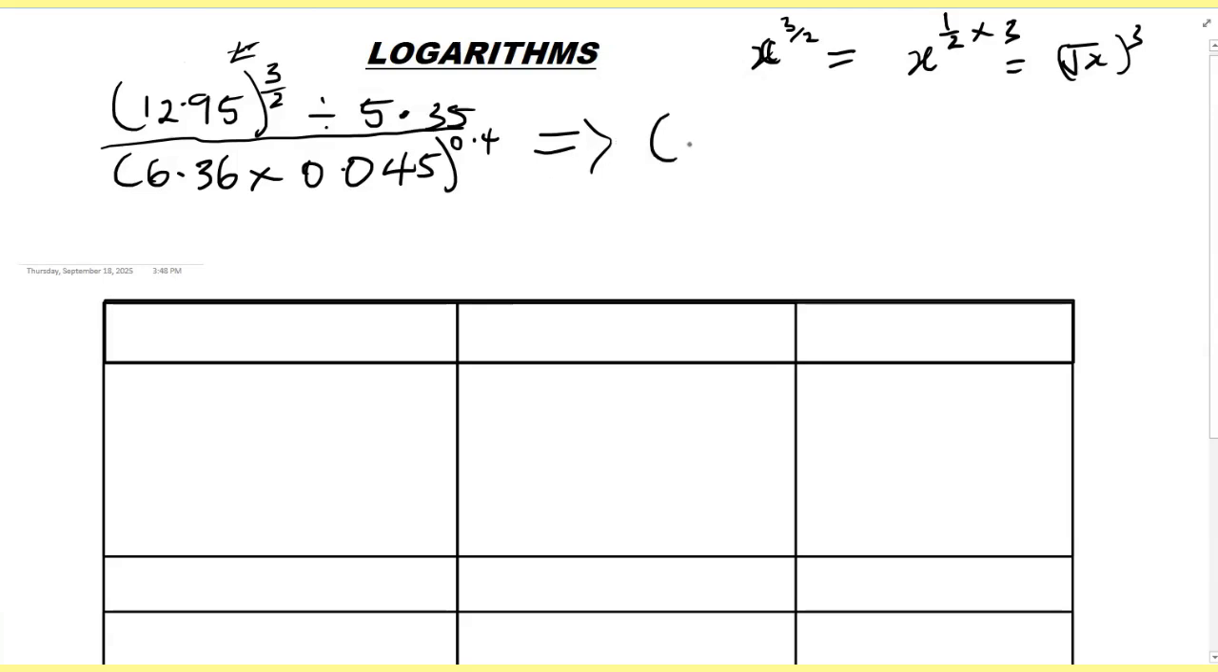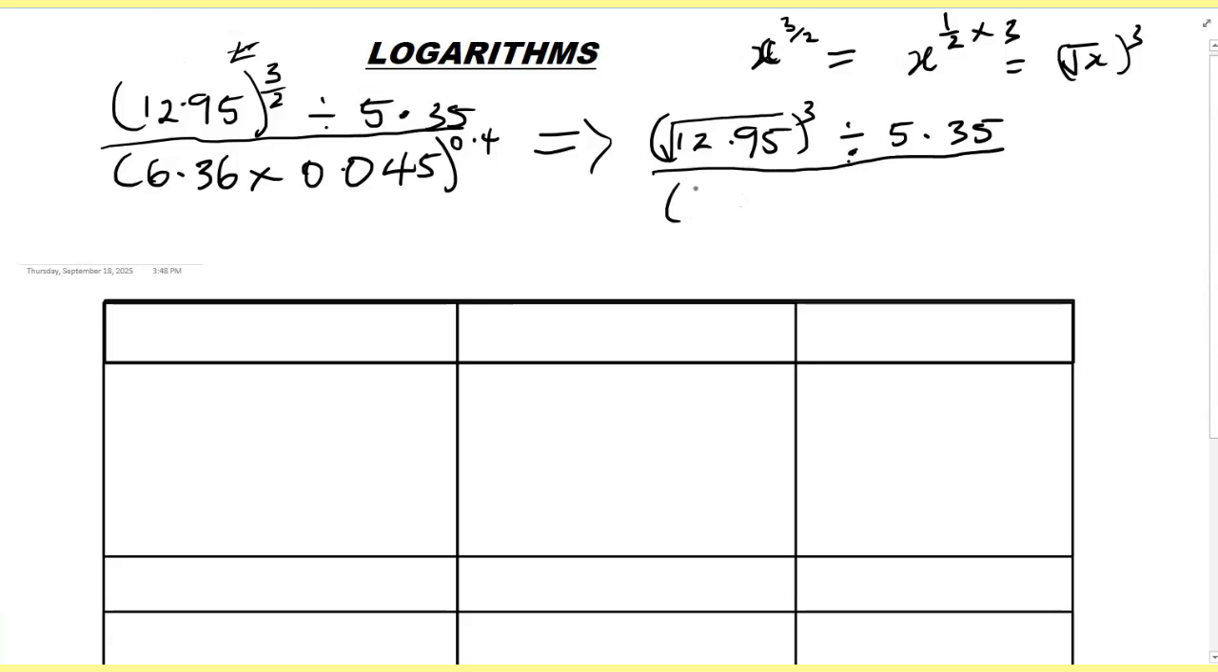So I have a bracket, I have 12.95, right? So this one is in a root like this. Then we have a power of 3 divided by, so if you've gotten the answer of this with your calculator, now you press this. You have divided by what? 5.35, sorry. All divided by